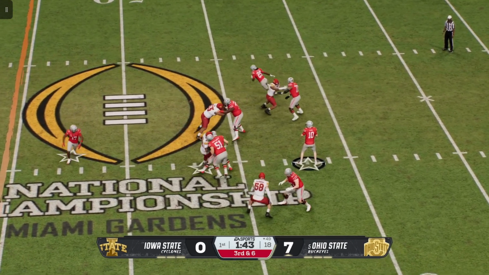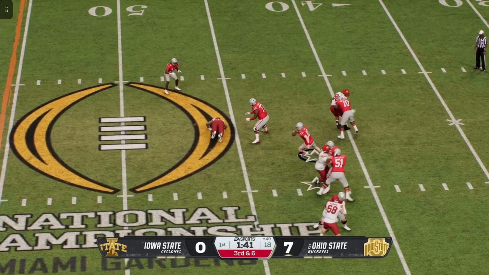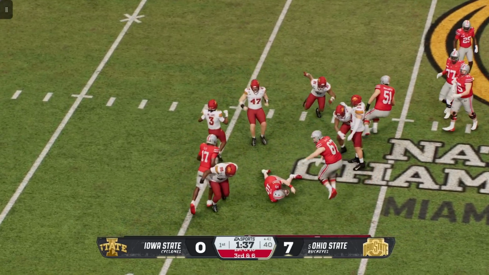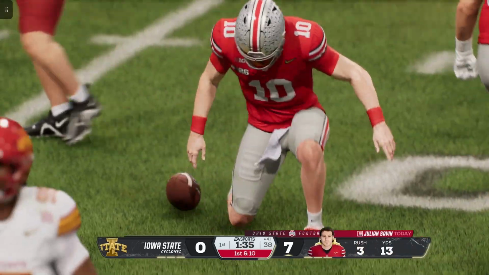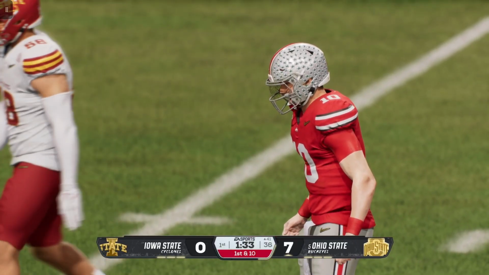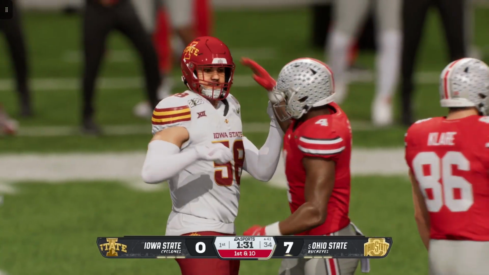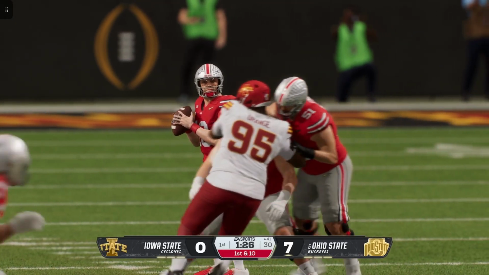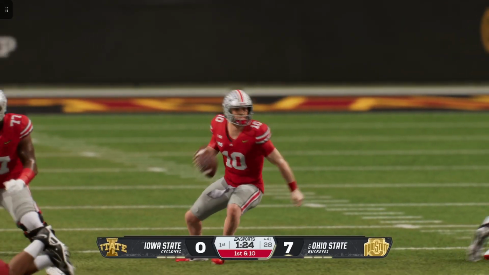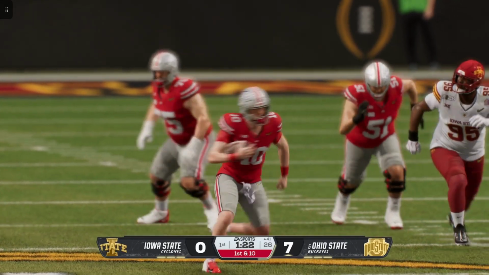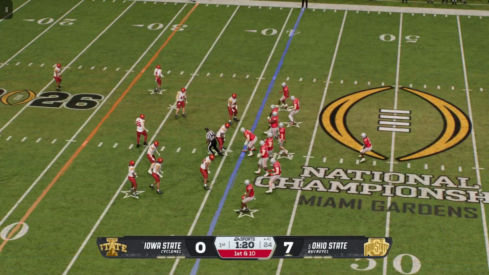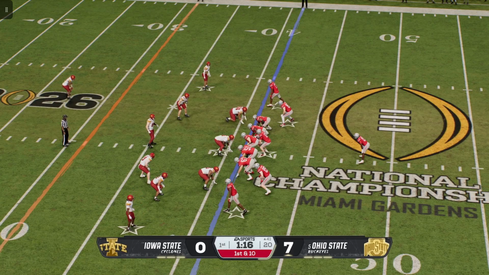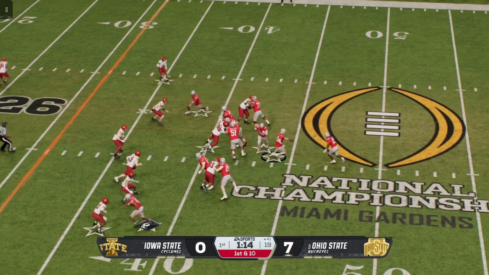Looking to throw, it's Sayin. The pocket breaking down. He's going to take off. That's enough to move the sticks and get him the 1st down to the 41. This is why I love the quarterbacks that can make things happen. Here you have an opportunity to try to create. Nothing's there. Play breaks down. Instead of just throwing it away, he sits back, sees nothing downfield, decides to be able to pick up the 1st down by himself. Impressive run to pick up the 1st, keep this drive moving.